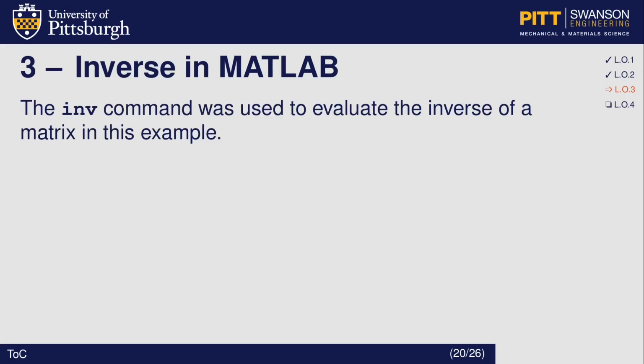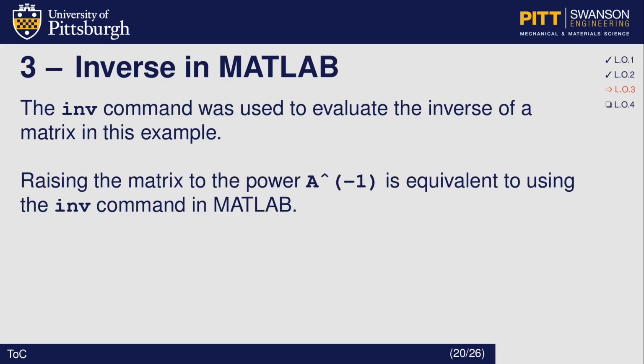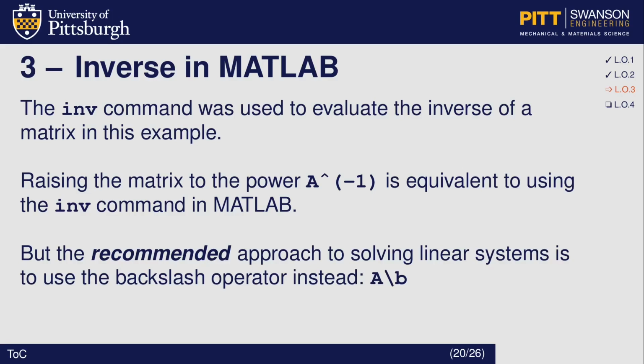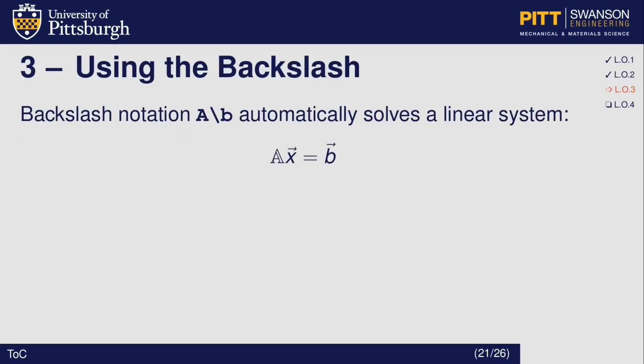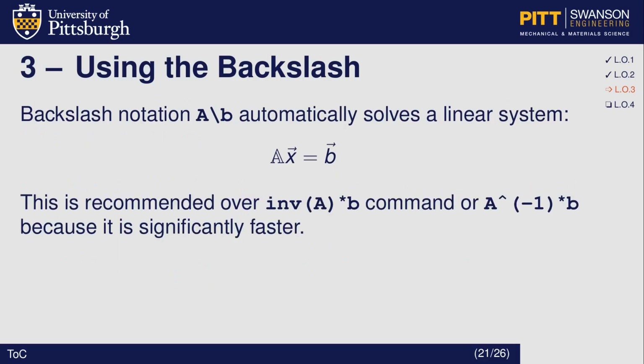Here, the inv command was used to evaluate the inverse of a matrix. You can achieve the same result by raising the matrix to the power of -1, but the recommended approach to actually solving linear systems is to use the backslash operator instead, as shown here, A\b. Backslash notation automatically solves a linear system like we saw earlier, that is Ax equals b. This is recommended over writing inv(A) times b or A^-1 times b because it is significantly